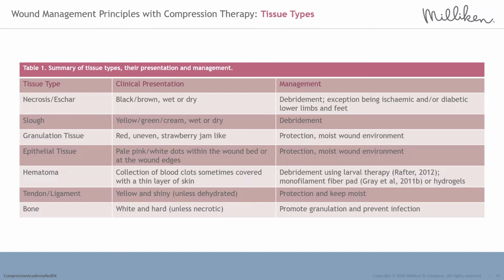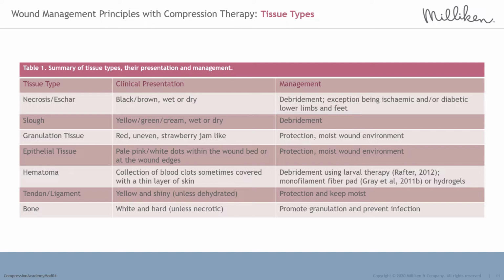Hematoma, which is a collection of blood clots sometimes covered with a thin layer of skin. Management strategy cited in the World Union of Wound Healing Societies is that of debridement using larval therapy, monofilament fibre pad or hydrogels. In some cases, if a hematoma is extremely large, posing a high infection risk, surgical evacuation may